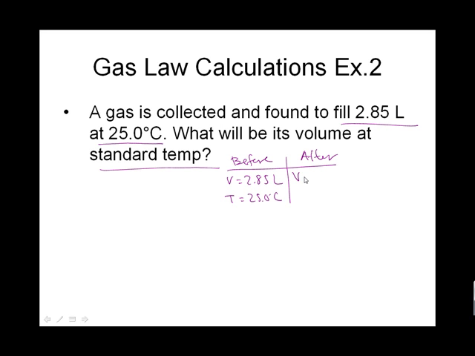V2 is what I'm looking for, and I want the temperature to be at 0 degrees Celsius, which is my standard temperature. Please remember that you never do temperature in Celsius. You gotta add 273 to it, and now your new temperature is 298 Kelvin and 273 Kelvin. So now going back to my original formula,